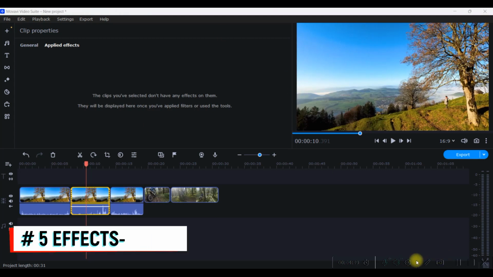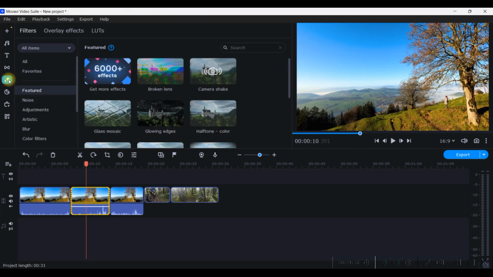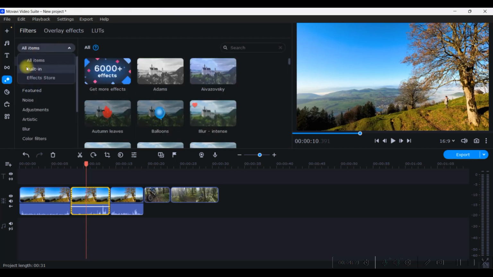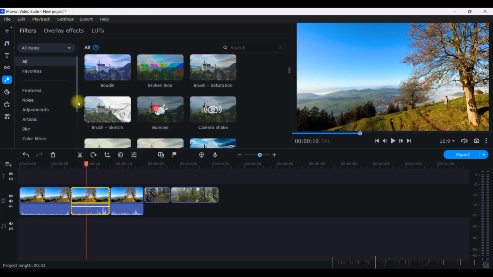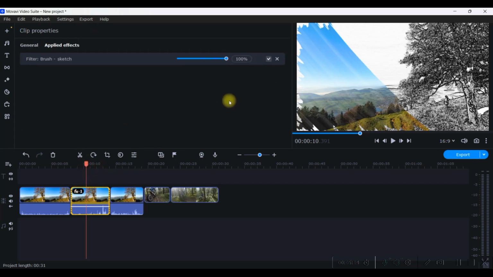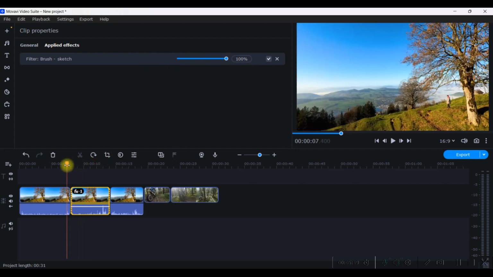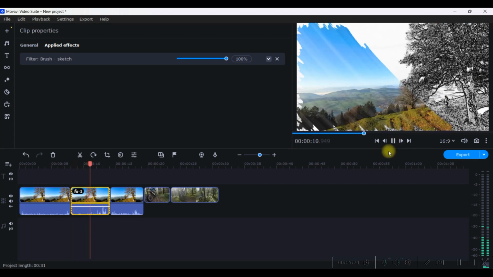Now let us see what the new effect packs available are. From the bottom, the 4th option is the effects option. Here if I come to all effects, then I get tons and tons of effects out here. Now you can just add the effects. You can just drag and drop the effect on a particular clip or area where that effect will be applied. Once it is applied, you can go to this effects option to do further modification if you want. Now let us see, after adding this sketch effect, how my clip is looking. So this is how the effect is coming.